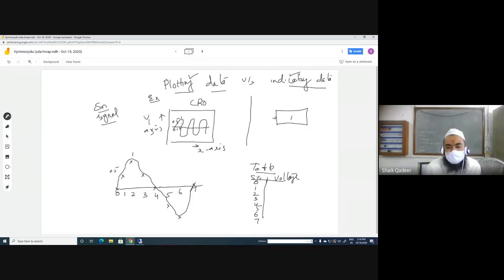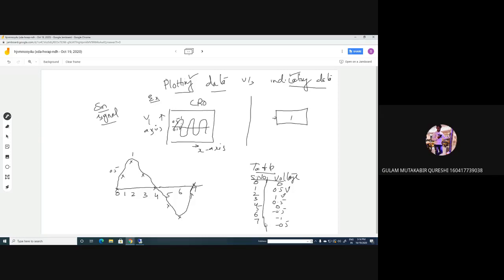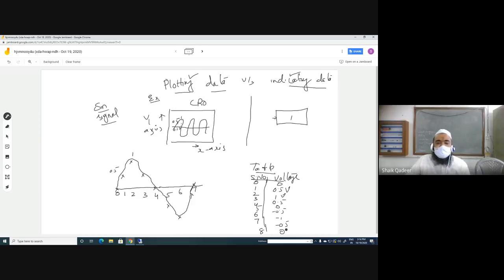At instant 0 the voltage is 0, then 0.5 volts, then 1 volt, at instant 3 it is again 0.5, at instant 4 it is 0, then minus 0.5, then minus 1, then 0 again. There should be one more point, instant 8, and at instant 8 it is 0.